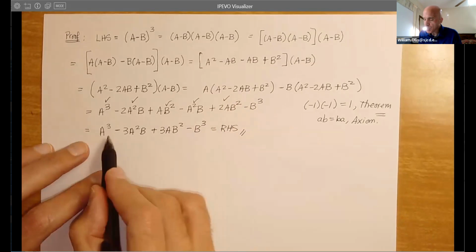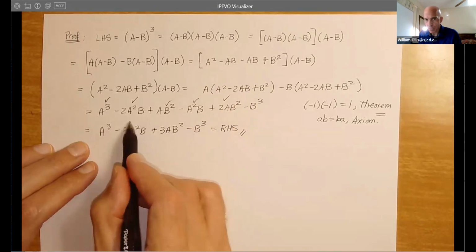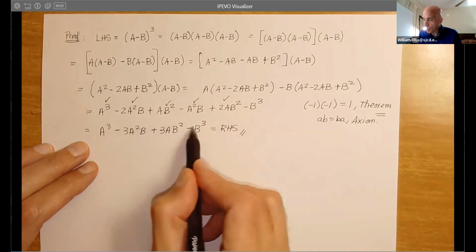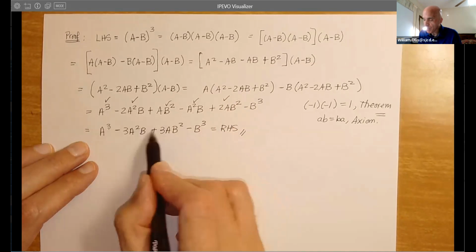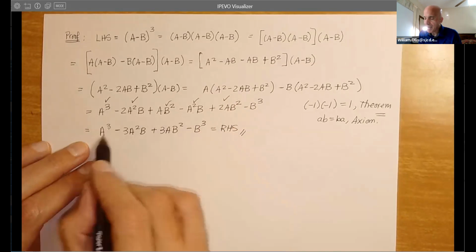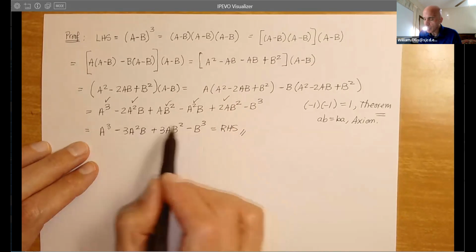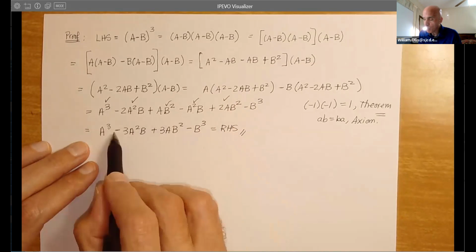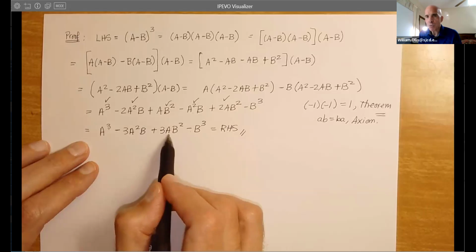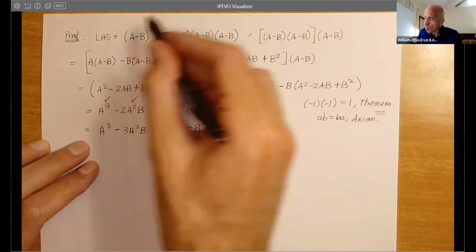Now, notice that 3, 2 plus 1, 3, 1 plus 2, 3. When we look at the sum of the powers of A and B, they're always 3. So that makes this easy to remember. We just have to remember the 1, 3, 3, 1, and the fact that we have a minus B, we get the negative here and the negative here. So when it comes to remembering this formula, it's really not so bad, but this is what we call just